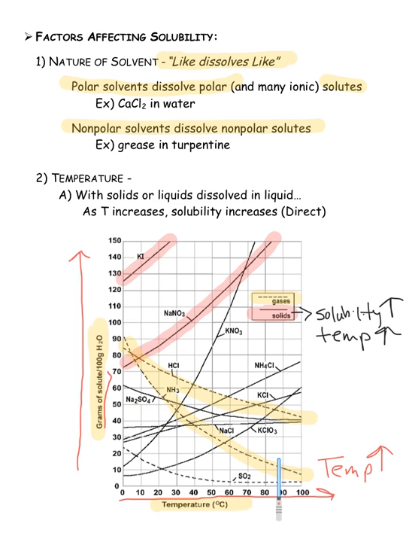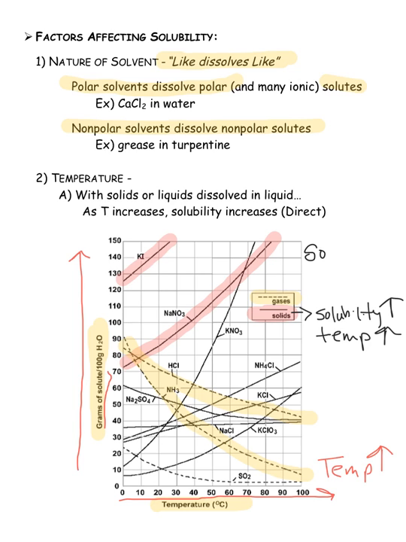several reasons for this. Gases are already far away from each other. They're in a state where the molecules are far away. They have very high kinetic energy. And anytime you increase the temperature of a gas, they're already far apart from each other, but if you start increasing that temperature, they move even further apart. And so that makes trying to dissolve that particular gas in water more difficult because there's just not as many molecules around. And so for gases,